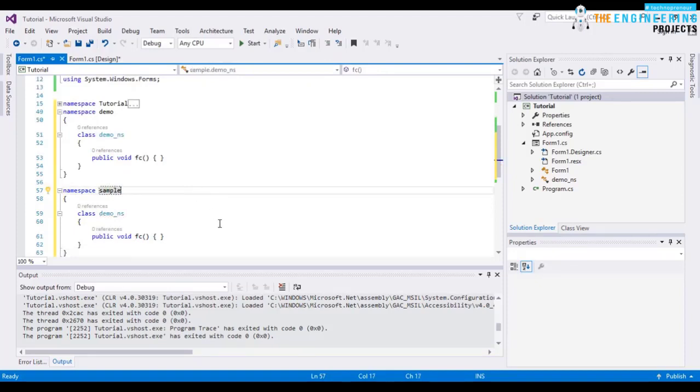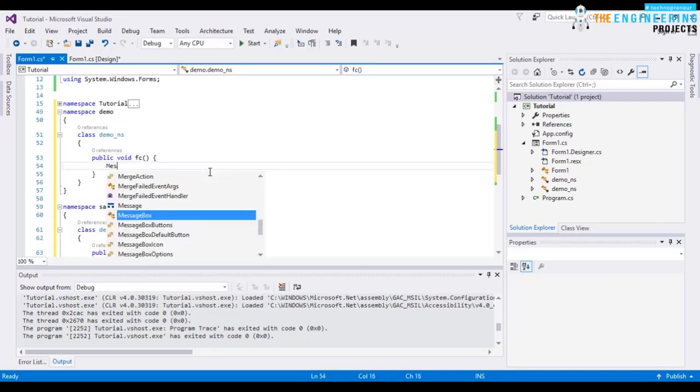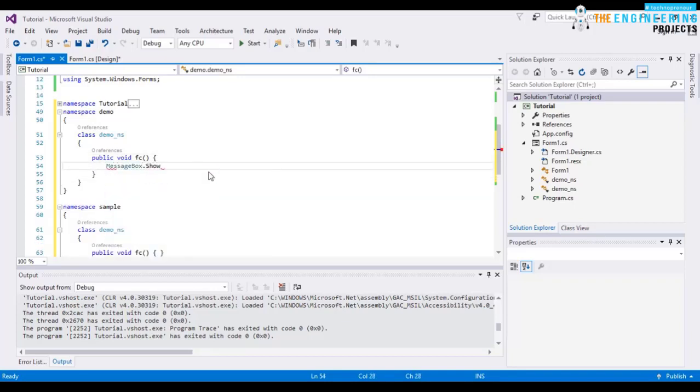Okay, the namespace is different but the class names are the same within this namespace, and I will use a function here as messagebox.show, and it's demo namespace, and the other one is